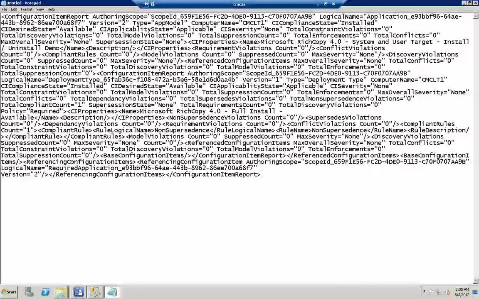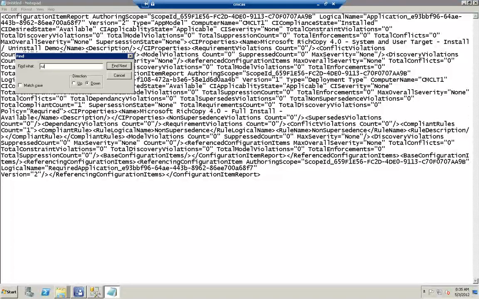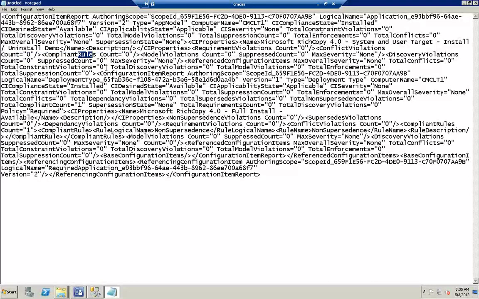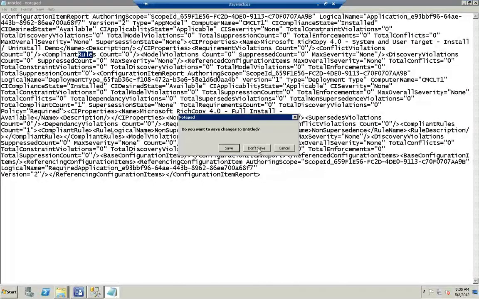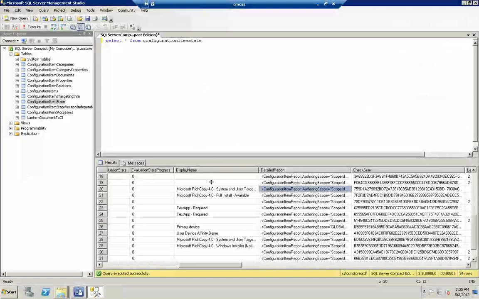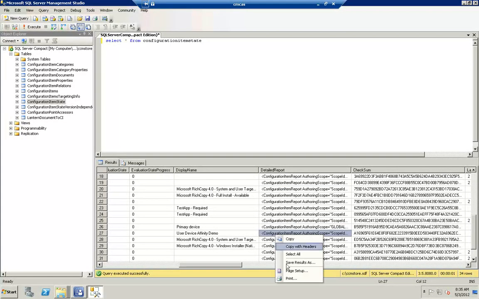So notice here, by the way, there's again some of the rules. I'm missing it now. Here, let me just search. There. Okay, so rule right here, compliance rules. Again, not anything really defined here. But if we go to one that does have some compliance rules defined, we'll see some interesting things. So this one down here, primary device, or user device affinity, I know this has some rules on it, so I will copy this out and open this one in Notepad